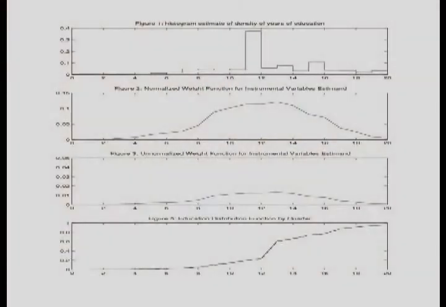And so here are some figures that are intended to illustrate it. The histogram at the top is just the distribution of education in this data set. So you get a lot of individuals at 12 years of education. There's a smaller mode at 16 for college. If you look at the normalized weights, so that they integrate out to 1, what you see is that the instrumental variables